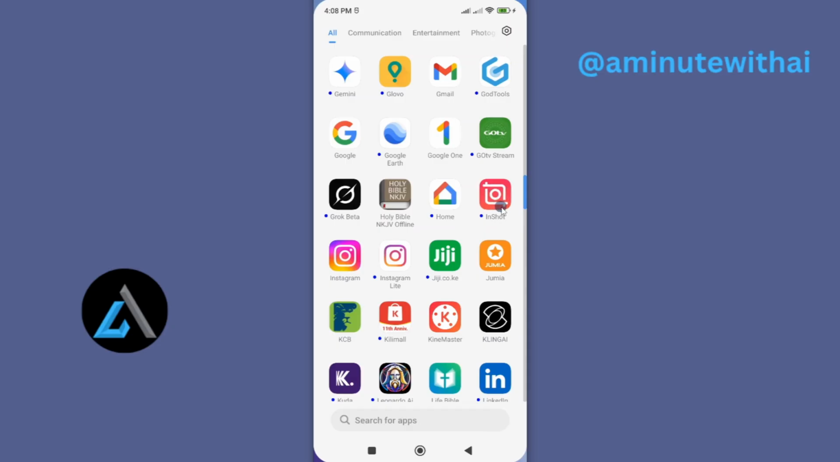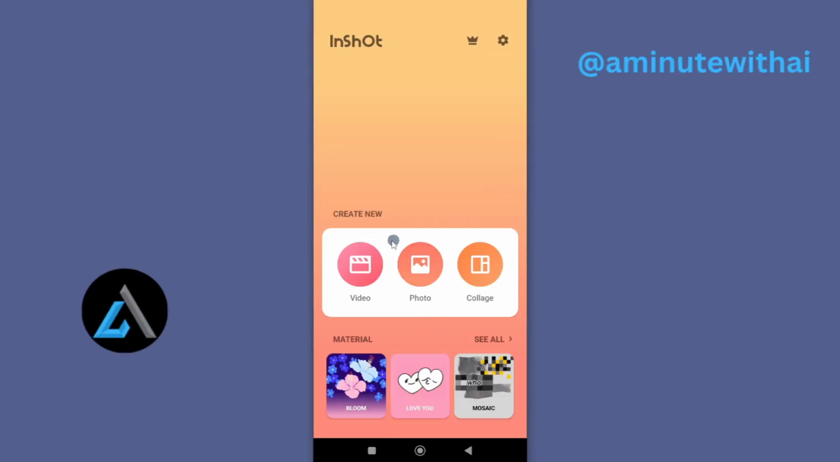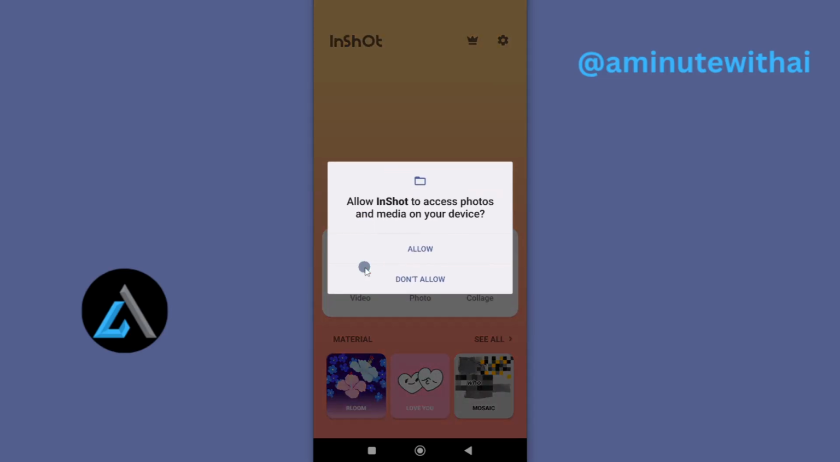All you need to do once you have downloaded your app is to go ahead and tap on it to open. And you have here an option to create either a new video, edit a photo, or create a collage. In my case, I want to create a video, so I'll tap on video and then allow InShot to access